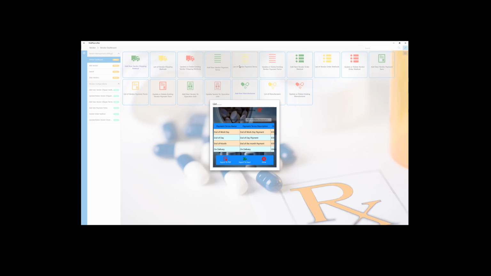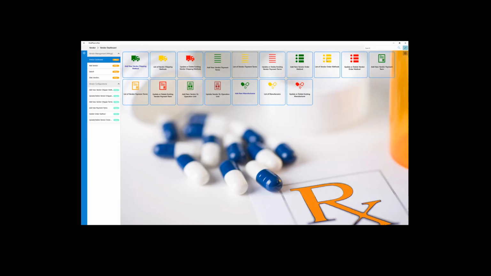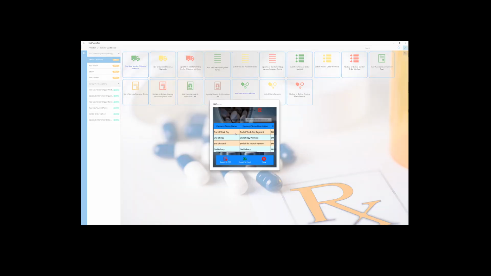If you're using a different accounting package, this can still help because you can export into an Excel, for example, the dates on which things got ordered, and then you can incorporate that somehow in your accounting packages. But out of the box, again, let me close this. We're going to get the list of vendor payments out of the box. Out of the box, you get end of work day, end of day if you operate on weekends, end of